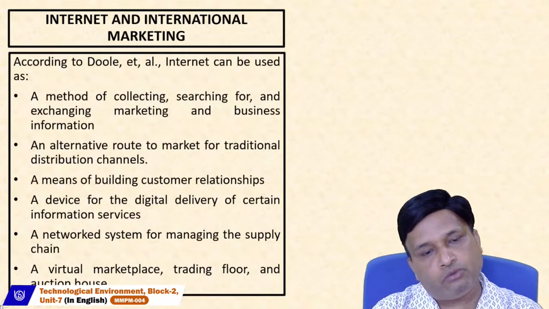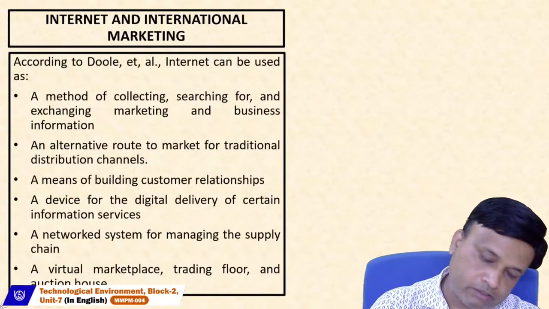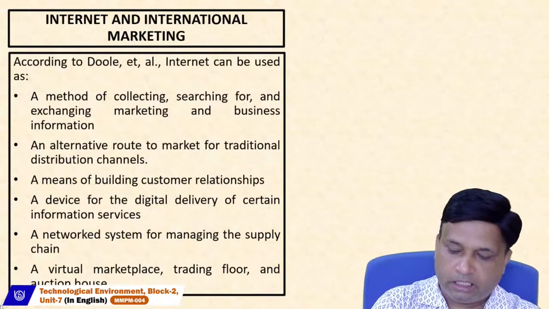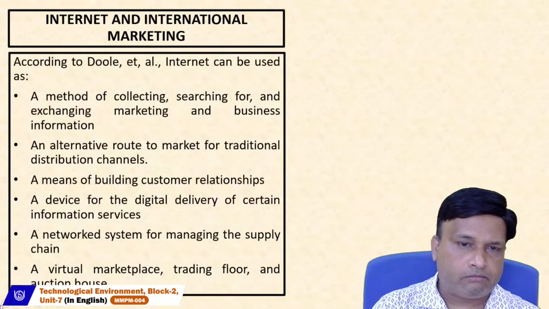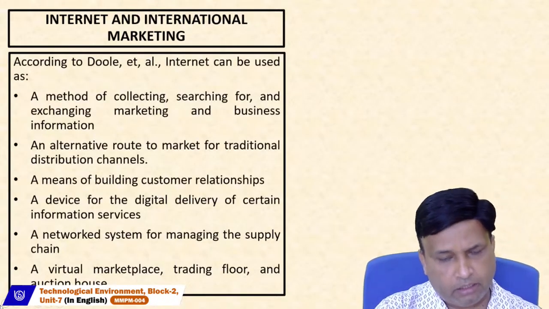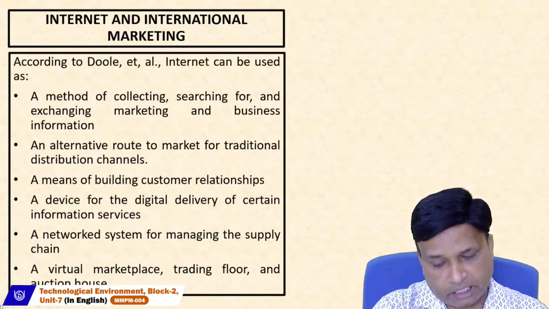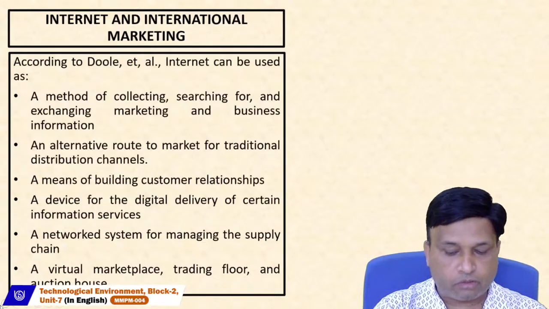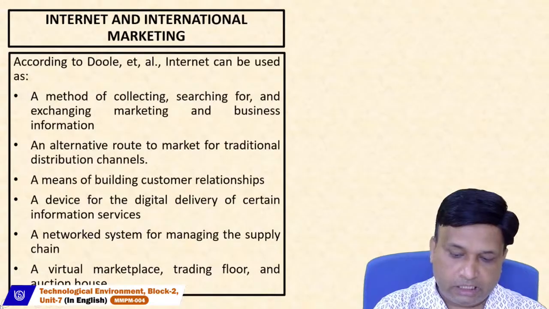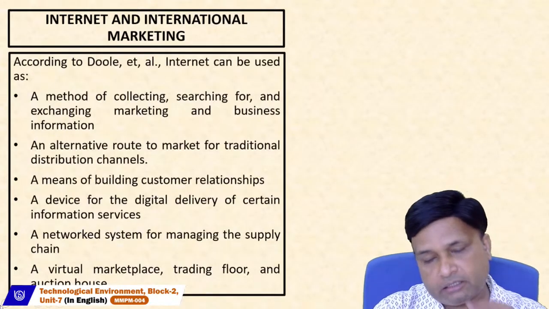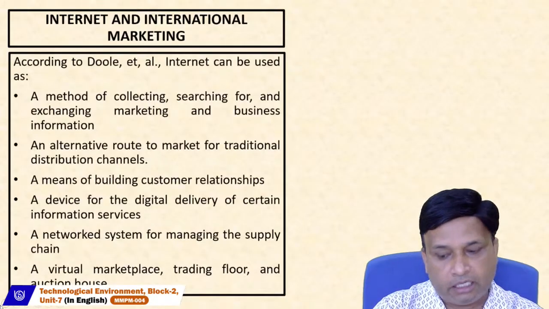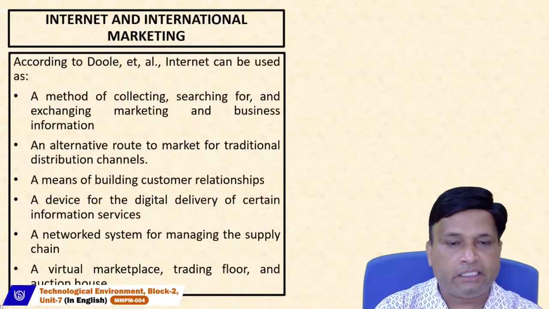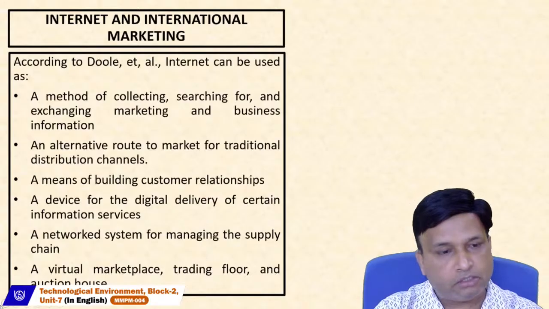The second is an alternative route to market to traditional distribution, which we have already discussed. Small companies who are not going there now are going for e-commerce to reach different markets. You can see many local small companies using the internet or e-commerce to do business across the globe. It also enables building customer relationships. It is easier to build relations because you have data about the customers, the phone numbers, the mobile numbers, the mail IDs. Easily you can track the details of the customers.